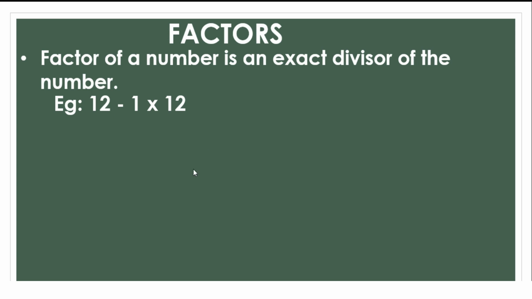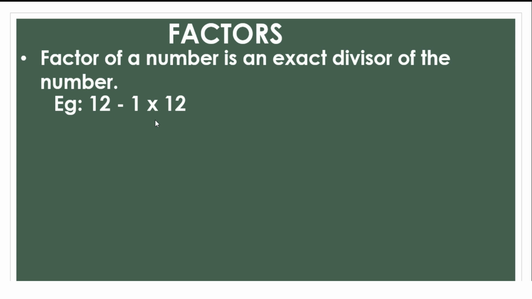How to find this? You learn the tables, right? In the tables, wherever you are getting the product 12, that particular number is called the divisor. So, how to check that? Okay, how will you get 12 in your tables? We'll move from the first table, that is the number 1 table.